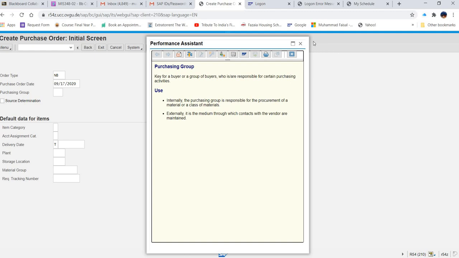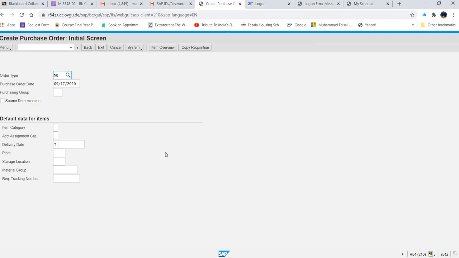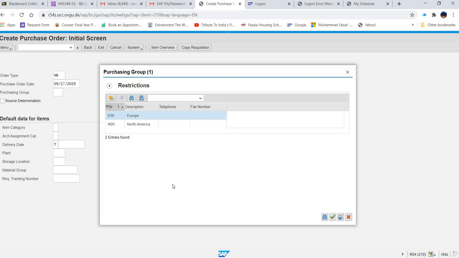This is when you press F1, but when you need more help, you will press F4. If I press F4 here, you can see the scenario is different. Now it is telling you that in this field, these two data records can be added, either one of them.